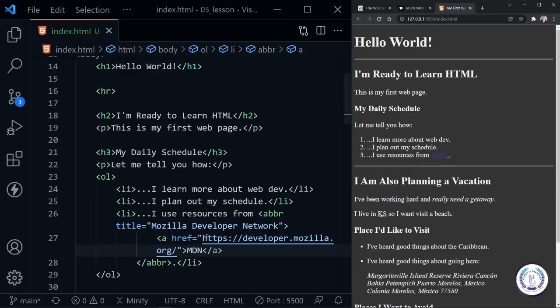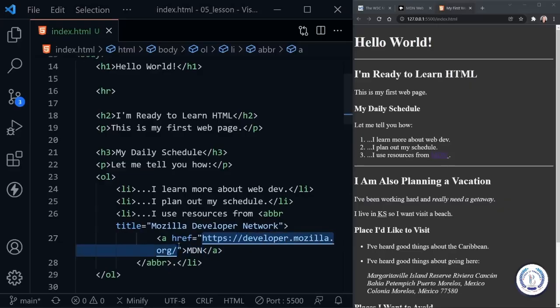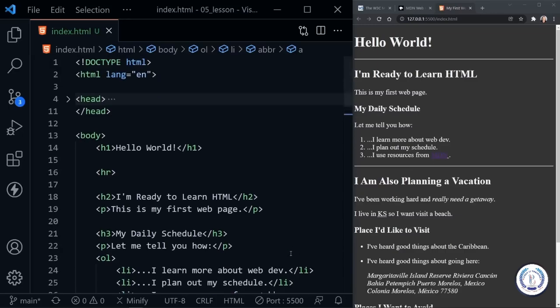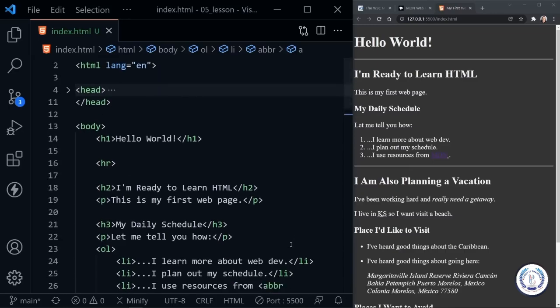But something about this link that we need to acknowledge. This is the full address to that website, and it's a specific address. This is what you would call an absolute reference. This has the full address for the web page to where we're going. But when we link to something that's already on the same server as our page, where we're hosting our website,